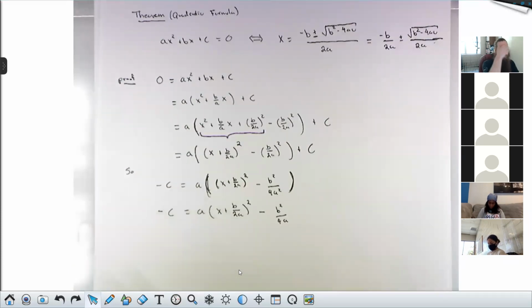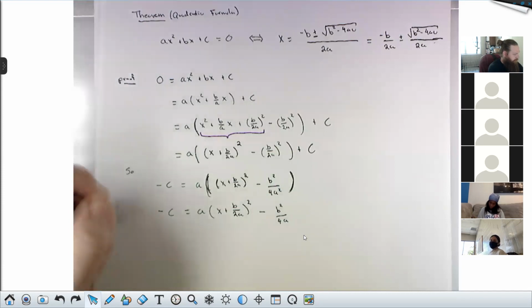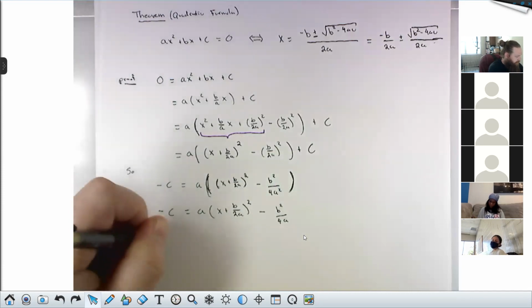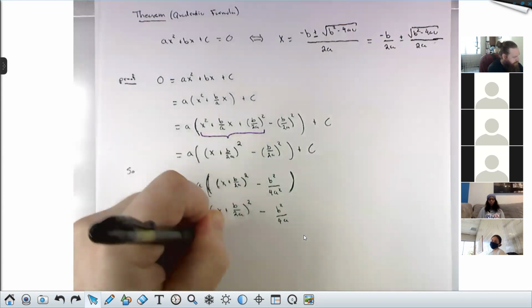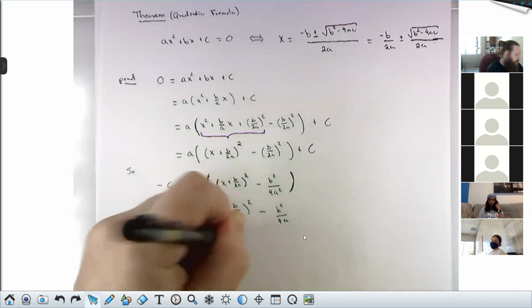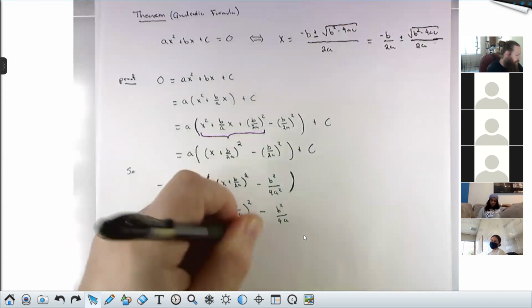All right, one of the a's will cancel. So in this line, I've just distributed the a here. Take this a, I distribute it to this term and also to this term. And that takes this square downstairs and changes that a squared into just an a. Now I can add this piece to both sides. So I'll have b squared over 4a minus c equals a times x plus b over 2a all squared.